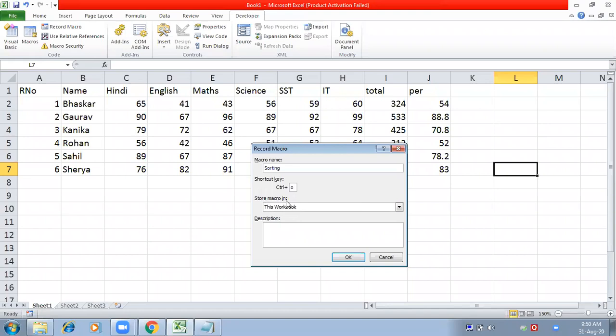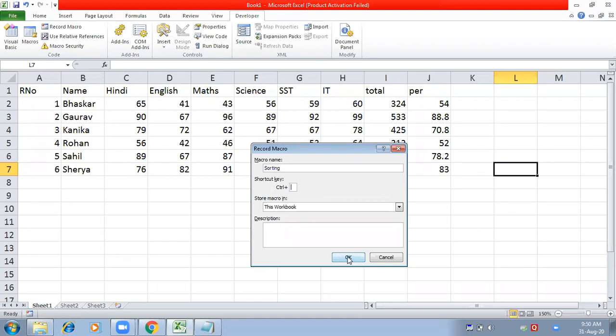And where do you want to apply this? You have to choose. You can apply it on a new sheet, on this worksheet, or in the Personal Macro Workbook, which means if next time I open a new Excel file, I can use it there also. So wherever I'm entering the data in the same format, there I can apply this macro also. So this is my wish where I want to apply. I'm going to click on this worksheet only. Description, if it is required, then you can write, otherwise you can leave it blank. I'm not going to give any shortcut key because I'll be creating a button for this.